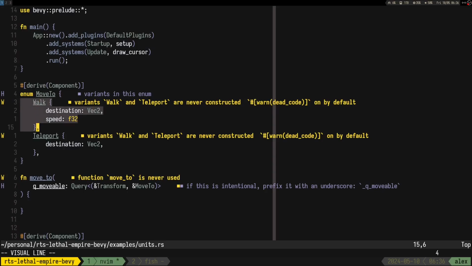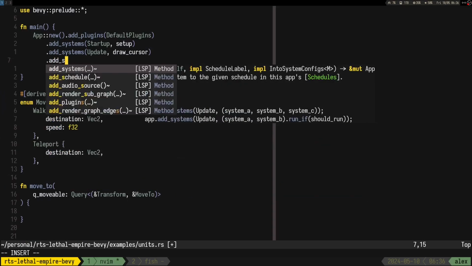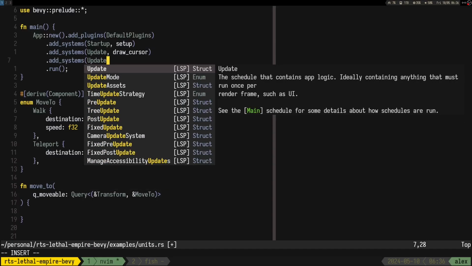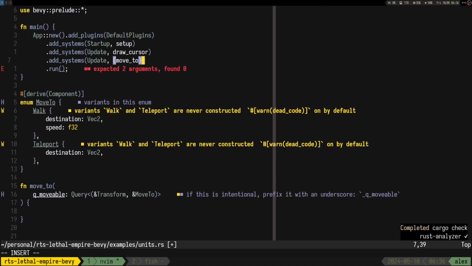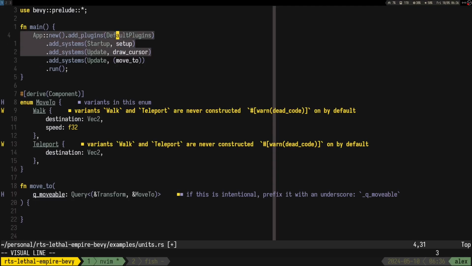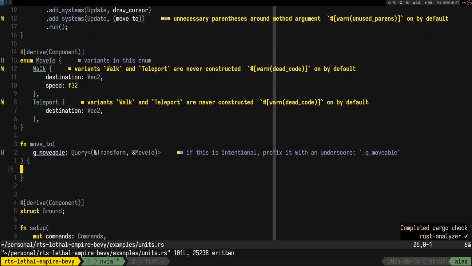Now obviously maybe having structures outside and whatnot would be better, but who cares? Add systems, MoveTo. And I would do it like this, just to differentiate between this stuff are in main and this stuff is for our movable thing, right? So okay, so